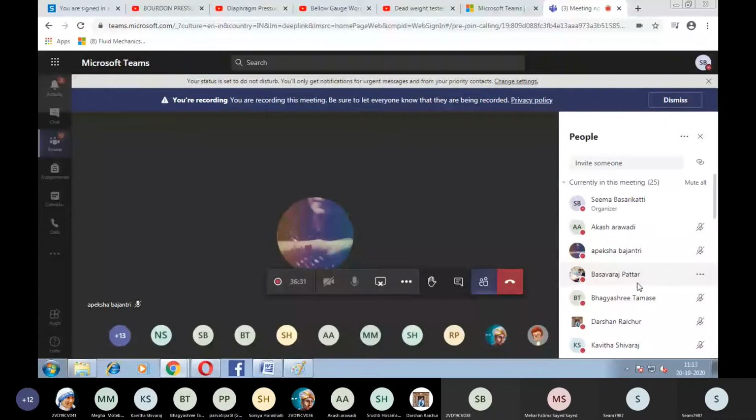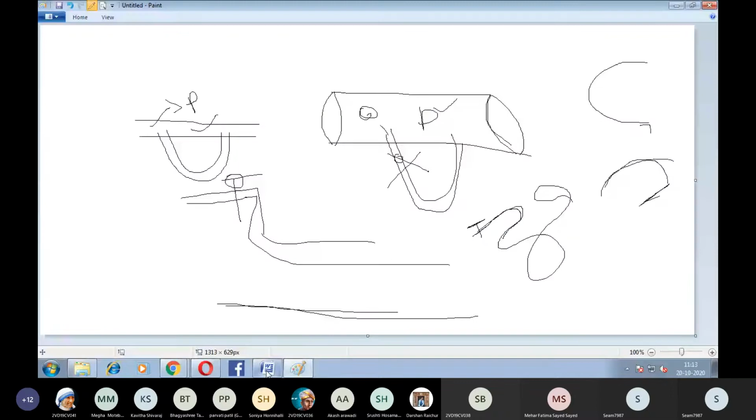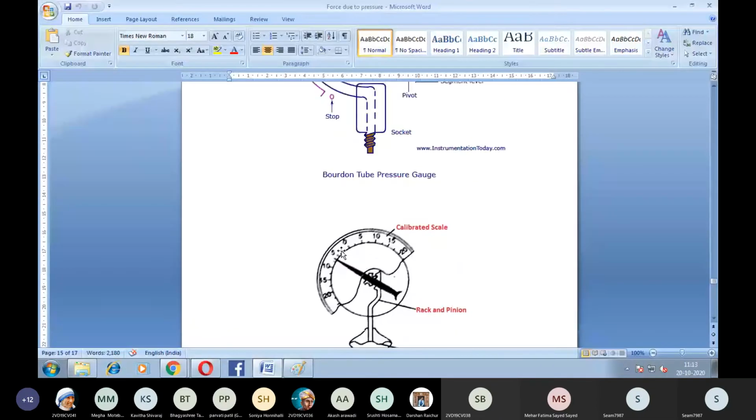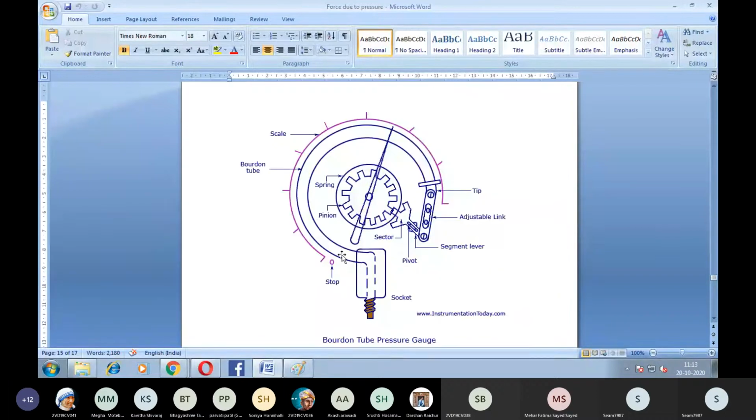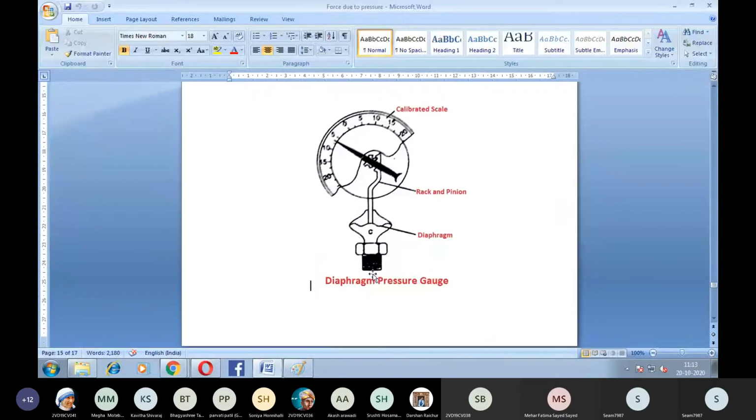Okay, now let us discuss the diaphragm pressure gauge. The schematic representation of a Bourdon tube pressure gauge and the diaphragm pressure gauge is somewhat similar. But in the Bourdon tube pressure gauge there was a tube like this, whereas here it consists of a sheet.